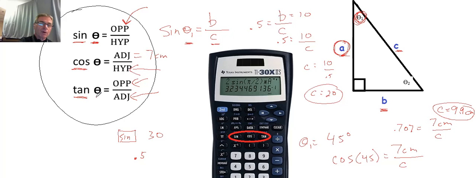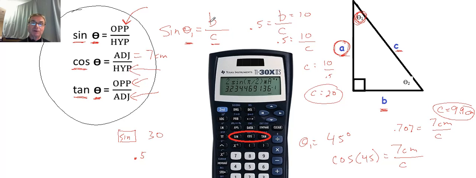Again, we need to know the angle, and depending on what we're looking for, either the opposite side or the adjacent side, we would simply plug in the numbers, and that's how we use these three functions. So it's fairly basic. However, it's critical that you be able to do this work, because if you're not able to use these functions on your calculator,